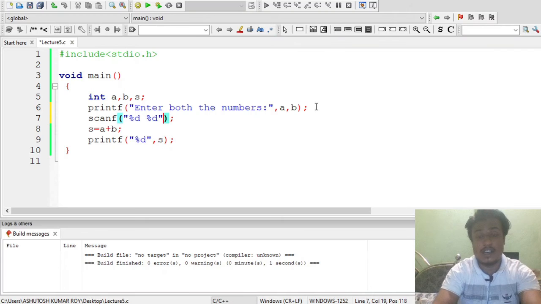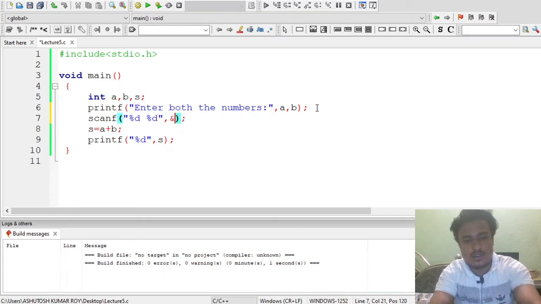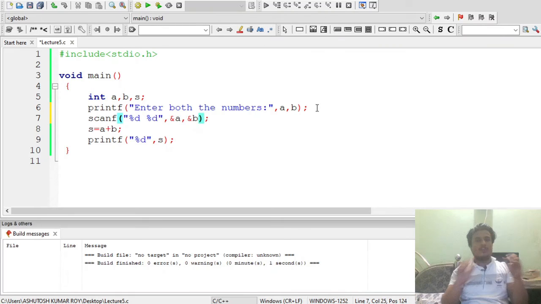Why? Because we are storing two variables at the same time. Don't think that the same space will be allocated for both of them. Space will be allocated differently. We are just writing it in a compact way. Nothing changes in the system, just our code is changed. So where will we store the address of a and address of b? The ampersand is used to get the address of the symbol. I have shown you.